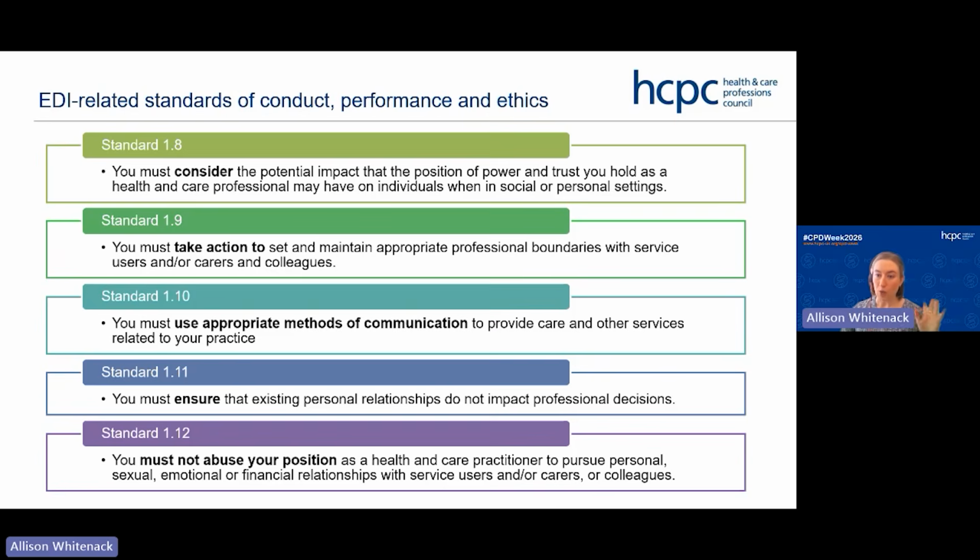So as I mentioned, Standard 1 requires registrants to promote and protect the interests of service users and carers, which also includes a duty to maintain appropriate boundaries. So Standard 1.8 requires registrants to consider the potential impact of their position of power and trust in social and personal settings. Similarly, Standard 1.9 requires registrants to take action to set professional boundaries with service users and carers and also colleagues. Standard 1.10 requires registrants to use appropriate methods of communication in their provision of care. Standard 1.11 makes it clear that registrants must ensure that any personal relationship between colleagues should not influence a registrant's professional